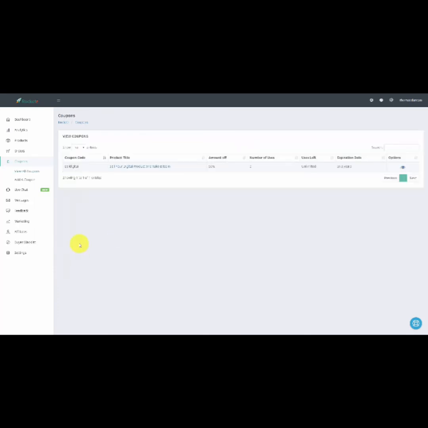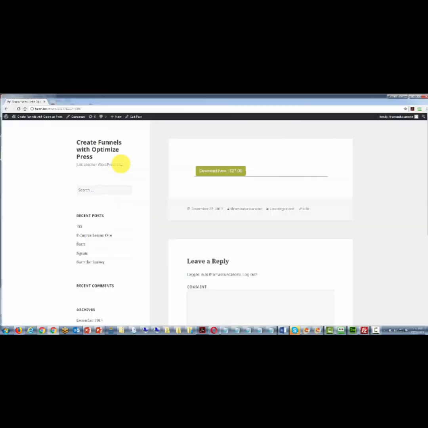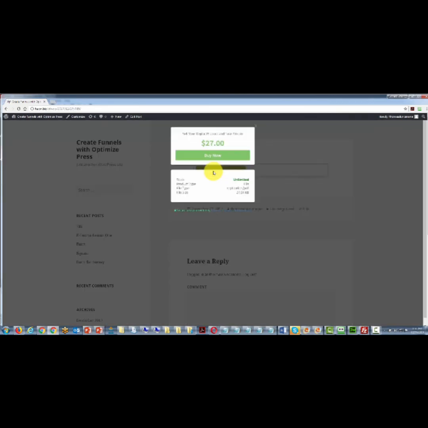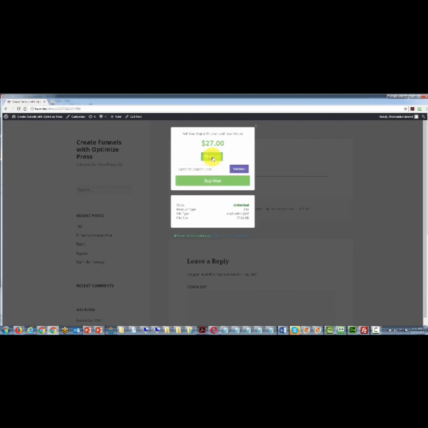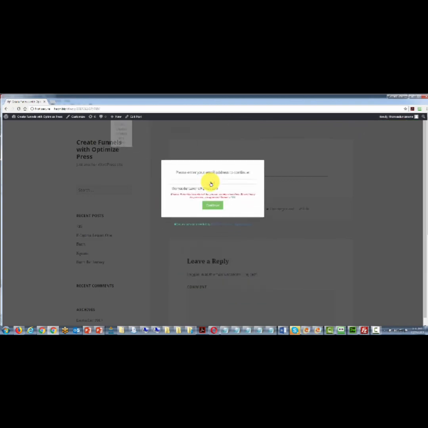So the coupon that we want to give our client is going to be the name Sell Digital, just as we see it there. So when our customer actually goes to hit our pay button, they're going to click it. They're going to then click Buy Now. And then they're going to be shown a place where they can put their coupon code. We're going to go ahead and place our coupon code in there. Actually, they're going to click Validate. They're going to get 50% off,